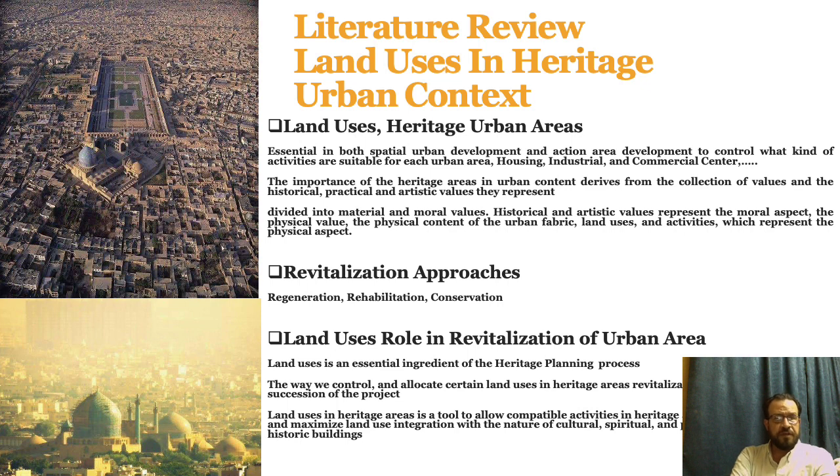Literature indicates that giving attention and enough analysis to the sort of land uses allocation in the development process, in most of the regeneration areas, usually increases the social, environmental, and economic outputs. And in heritage areas specifically, the land uses are important to reflect the identity and cultural issues. In addition, it addresses why land uses integration is essential in general urban regeneration and specifically in heritage urban